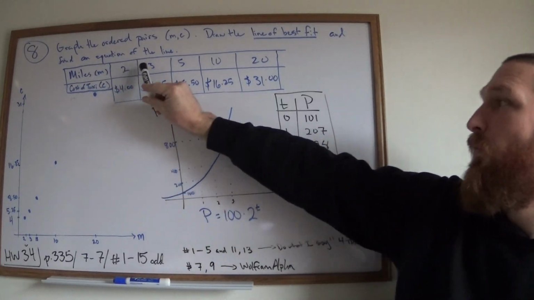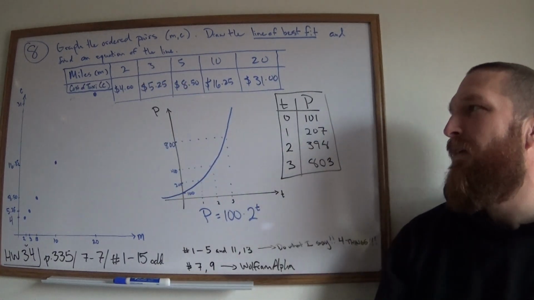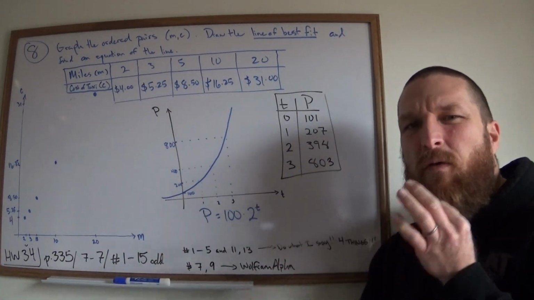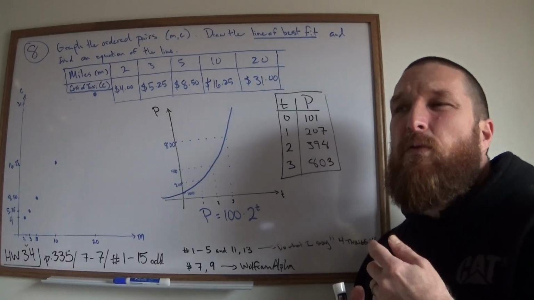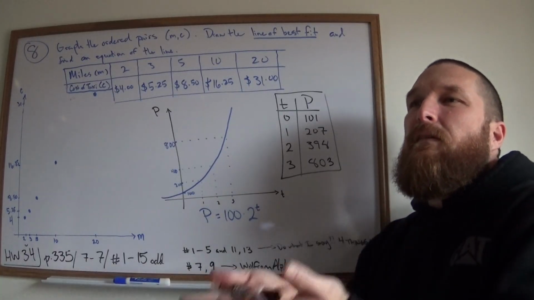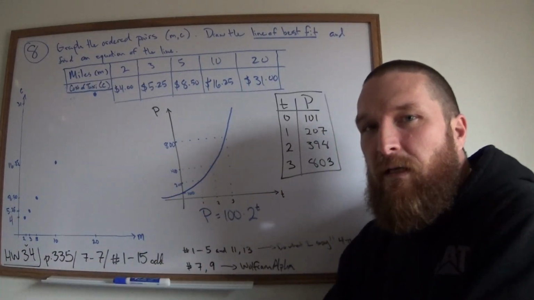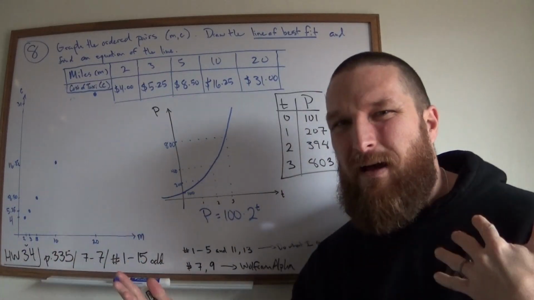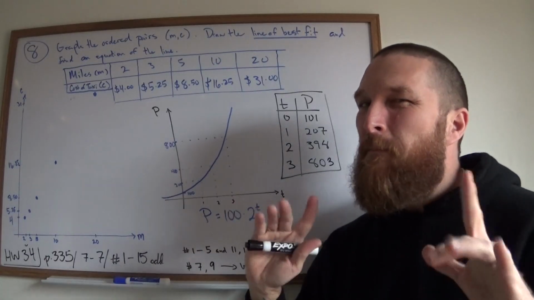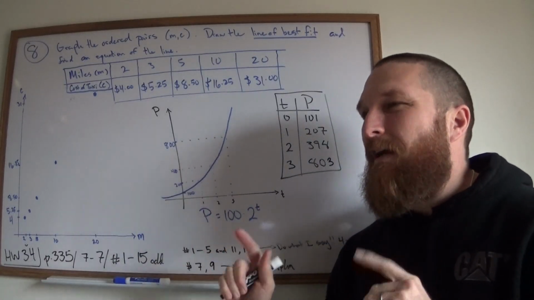If you take a taxi for 3 miles, it'll cost you $5.25. The relationship isn't the other way around. I mean, I guess you could give the taxi driver the money and then he takes you the miles. You could do that, right? But usually we think about this as